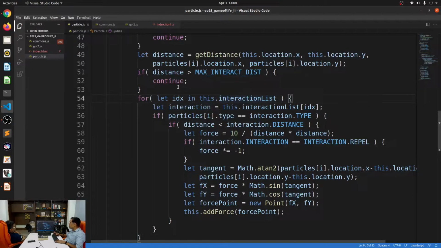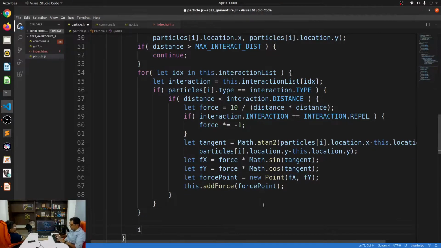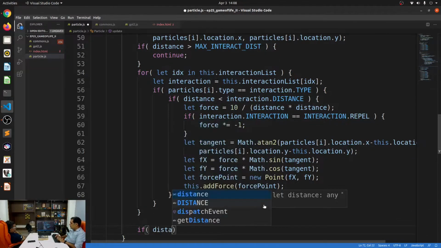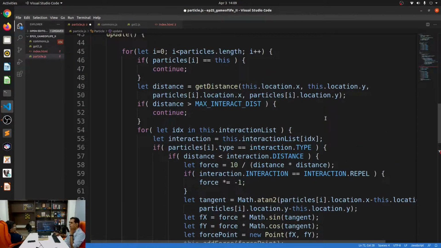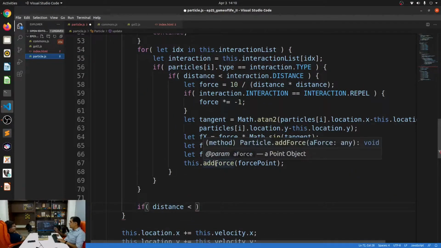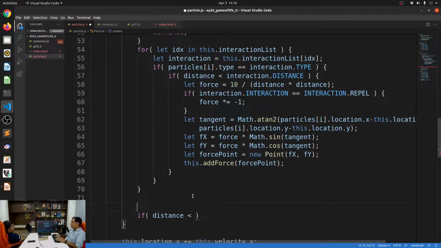So we have the interaction list, I mean, we have the distance. Where does this for loop end? It ends over here. I can say if distance is less than, or do I have to calculate distance again after this point? So yes, it does turn out that I'll have to calculate the distance again. The reason is that we already have the velocity at this point, right? We've done this force, we already have the velocity. So at the very next instant itself, they could sort of overlap into each other. So I'll have to calculate distance again.